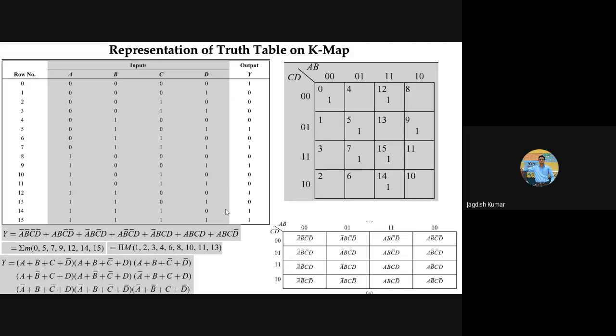So what will be the corresponding POS, the product of sums? Accordingly, you can write down the product of sum. Is this clear, how to write down the K-map and how to write down sum of product or product of sum for any truth table? If there is any question, please let me know so that I can help you, or I will proceed further. Okay, it seems okay to a few, maybe most of you. Okay. Well, also now sign your attendance.